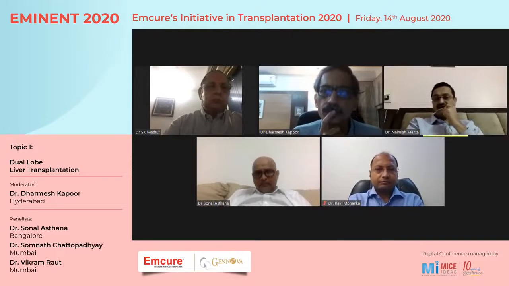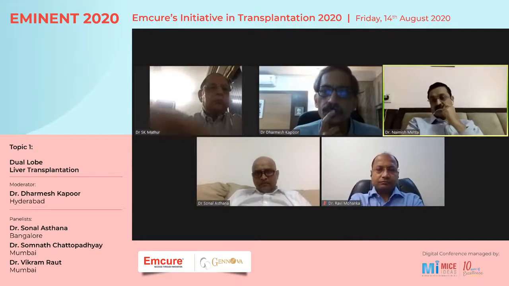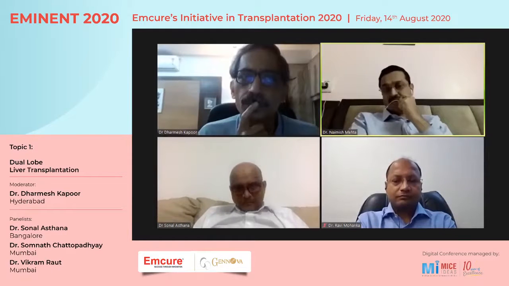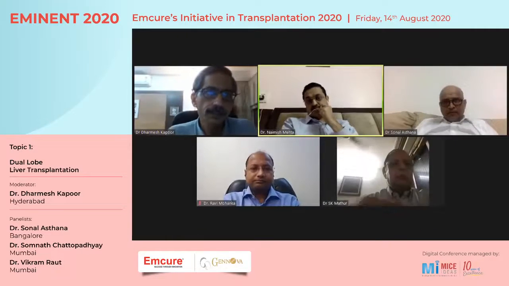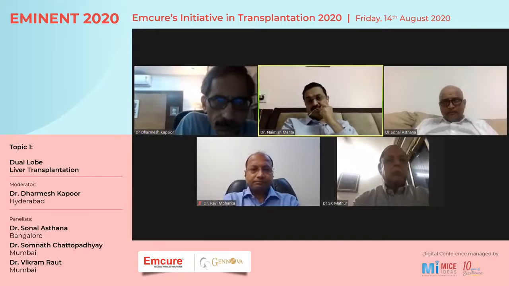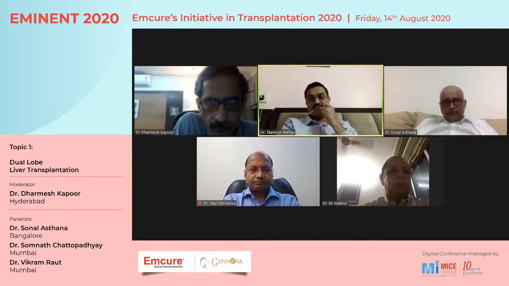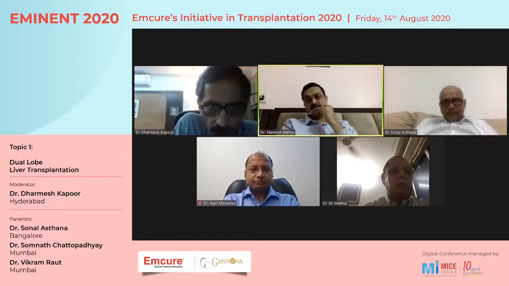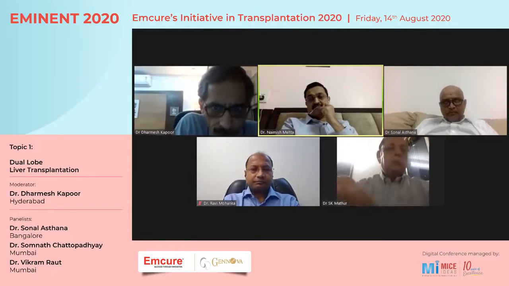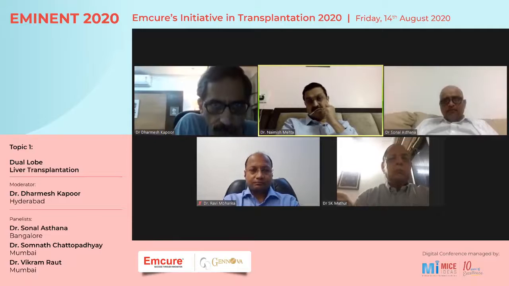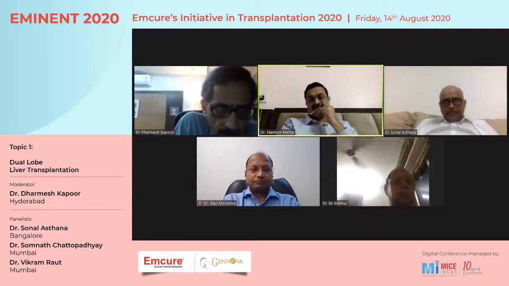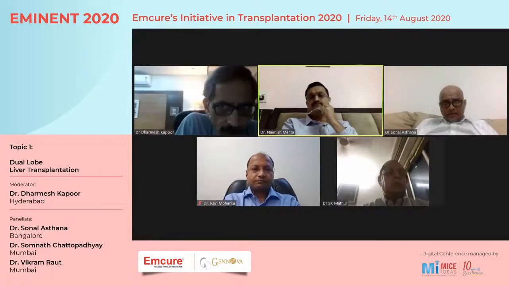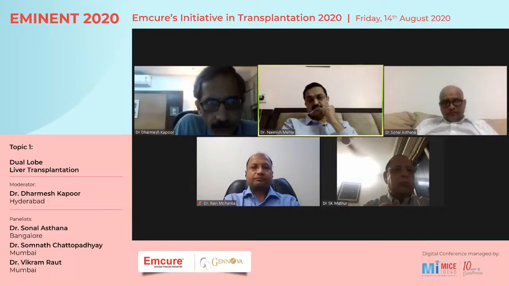Doing a left lobe hepatectomy is comparatively simpler, and in terms of morbidity and mortality, it is much less than if you do a right lobe hepatectomy. So from the donor point of view, yes, I completely agree with you. This is probably much more indicated from the donor angle rather than a plain GRWR. So plain GRWR of 0.8 is no longer sacrosanct, and we can come down to 0.7, 0.65, especially those patients who are stable, either with HCC. These patients will do well with a low GRWR.